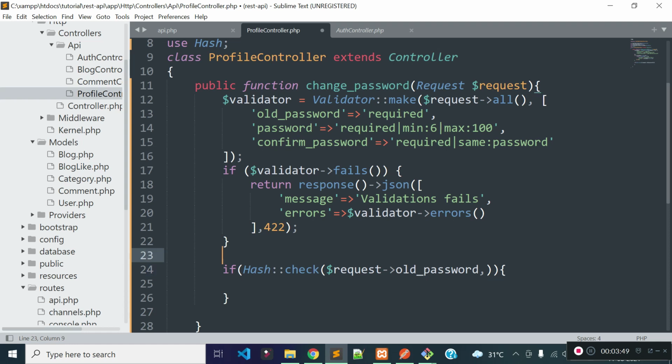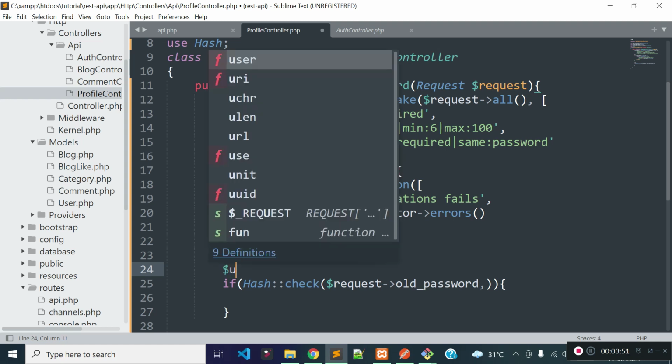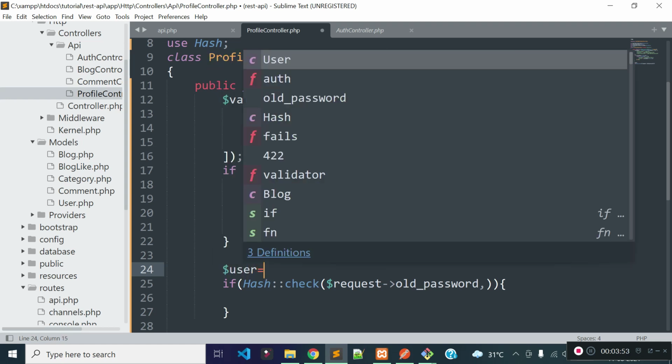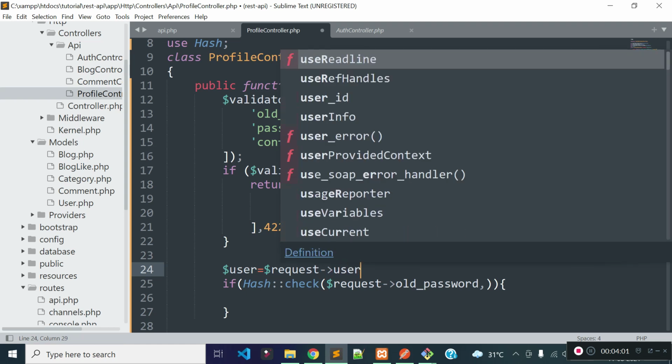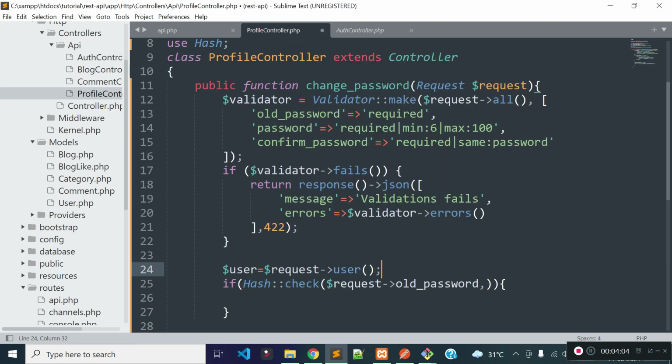So first of all, I will take currently authenticated user data from request user method, and I will store the data to a variable called $user. Because our change password API route is protected so that an user need to provide API token through authorization header, then only we can get currently authenticated user data from request user method. And inside this Hash check method, in the second parameter, I will pass the encrypted password.